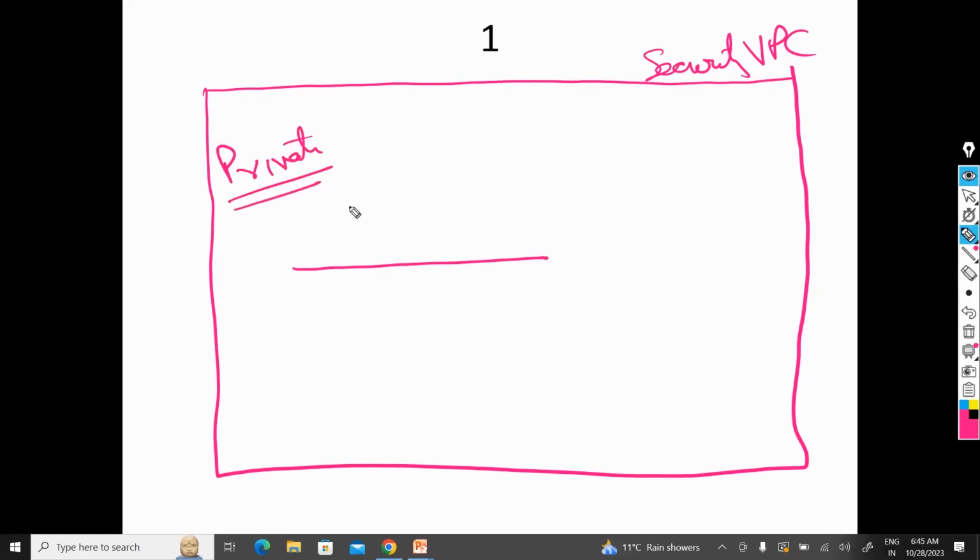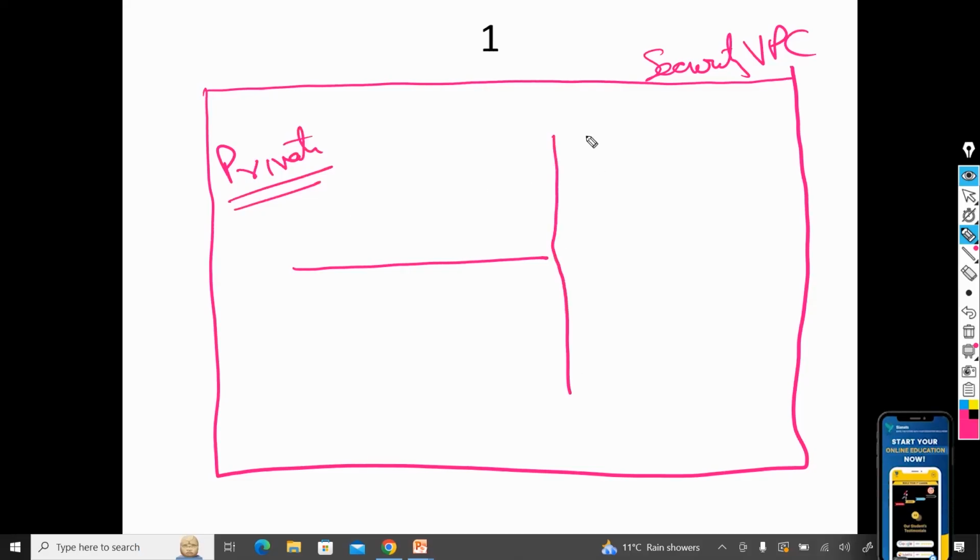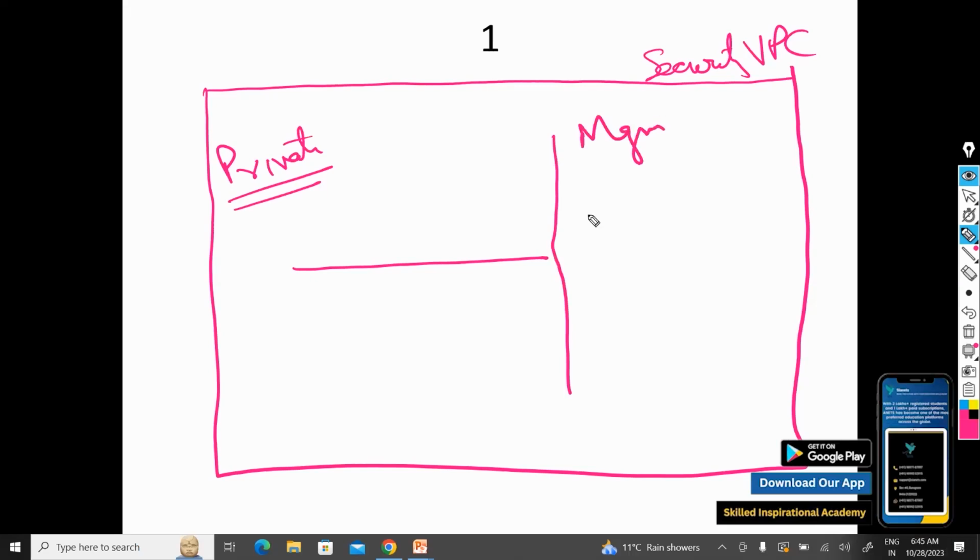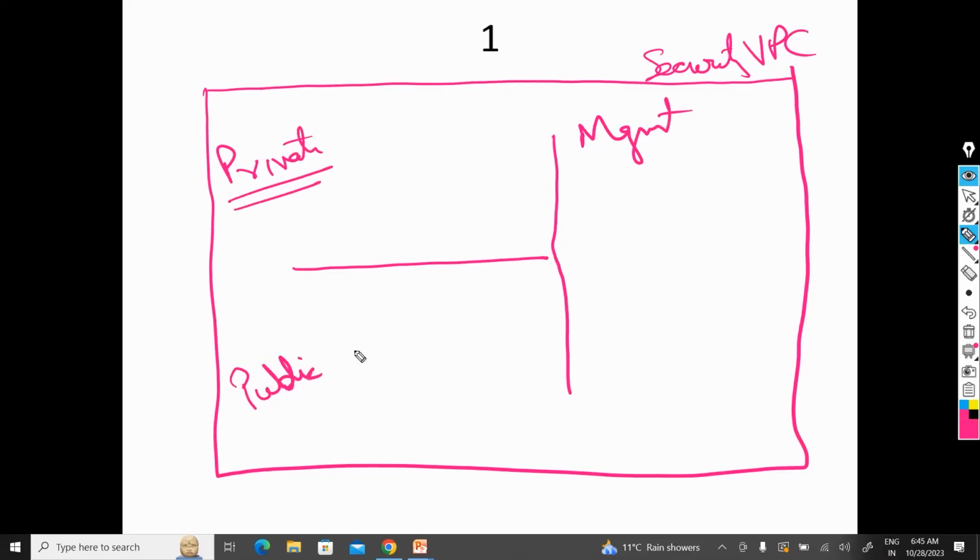That private subnet will be my private subnet. This will be my management subnet, and this will be my public subnet, right? So let's say we will use a management IP 10.0.0.0/24, right? And for my public, I will use 10.0.1.0/24. And for the private one, I will use